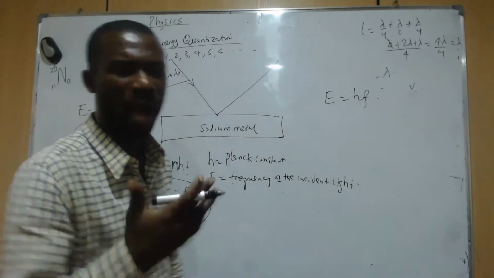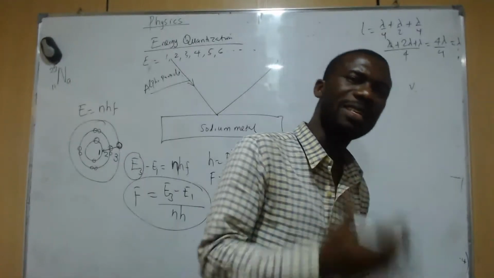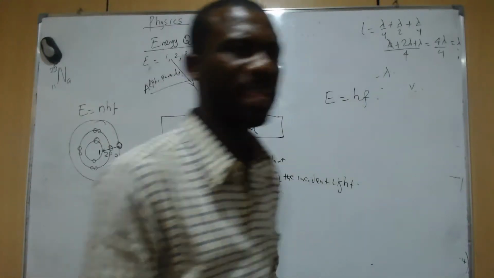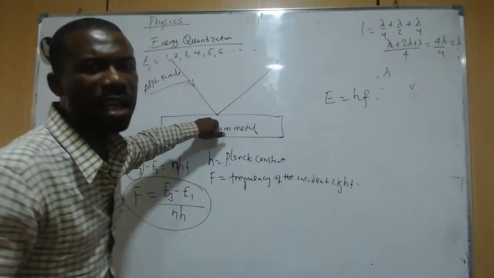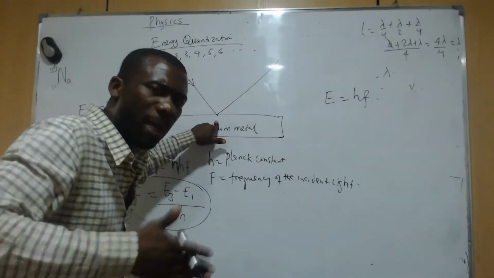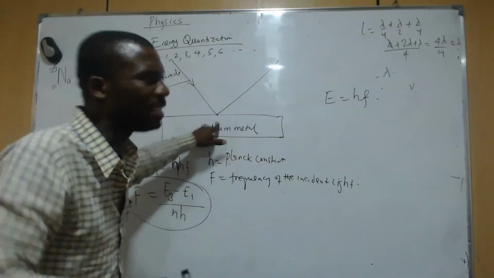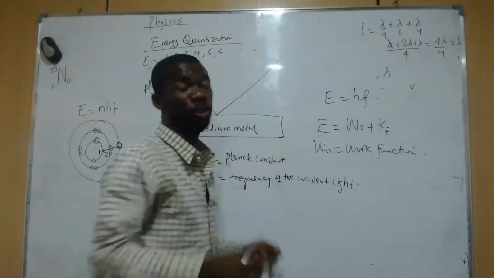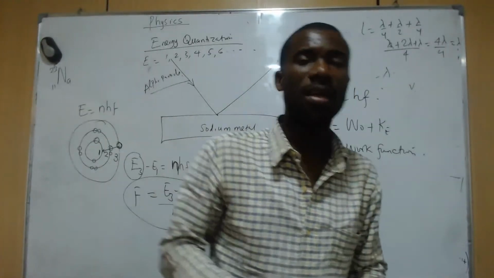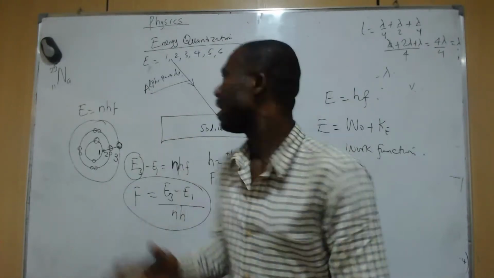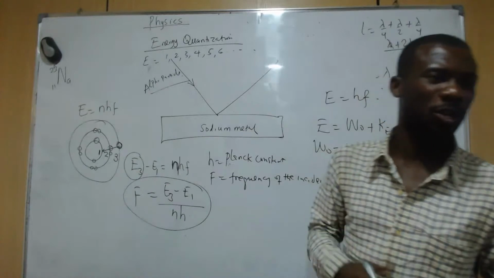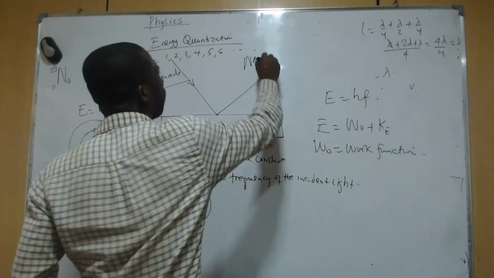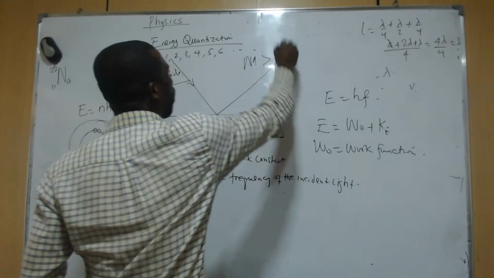Now for this to happen, for those electrons inside the atoms to start moving or being liberated from the metal, these metals have to get a certain amount of energy from the incident light. So that energy E is equal to W0 plus kinetic energy. Work function depends on the kind of metal as well. Now, metals that are higher in the periodic table will have more work function than metals that are lower in the periodic table. For instance, sodium will have more work function than magnesium because sodium is